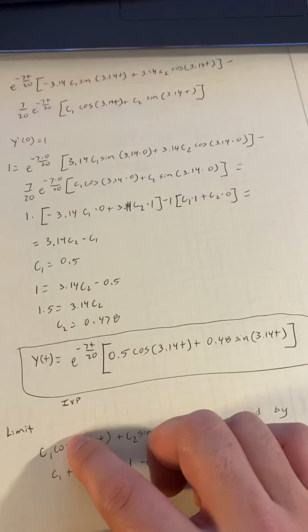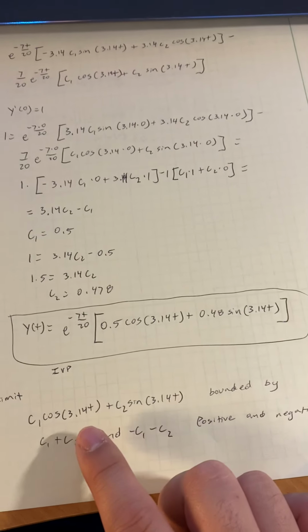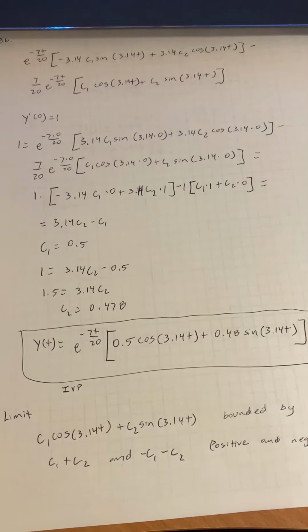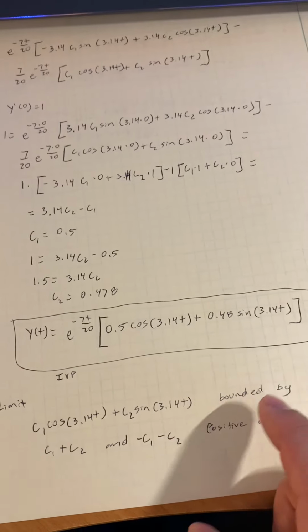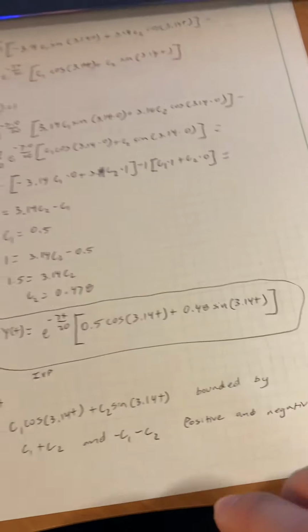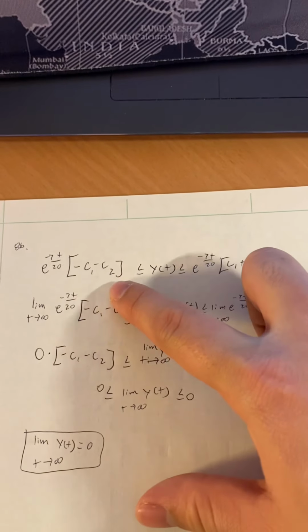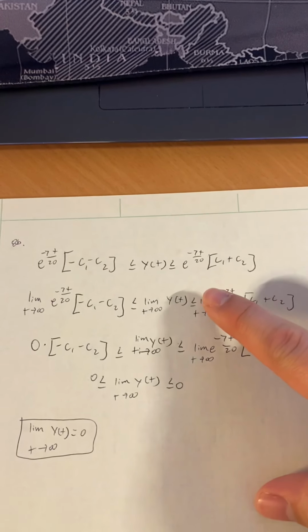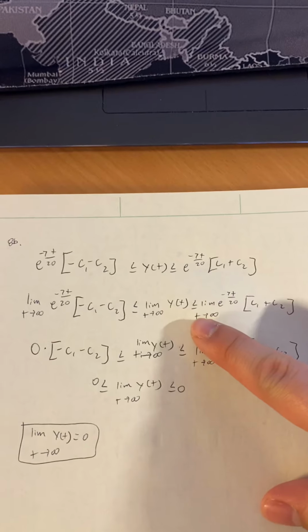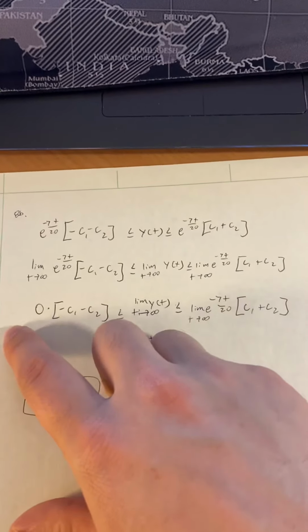Next step is to find the limit as t goes to infinity of y of t. For this step, you need to know that sine and cosine are bounded by negative 1 and positive 1. As you can see here, we have the negative bound on this side, y of t in the middle, and then the positive bound on this side. Take the limit of each side as t goes to infinity. We get 0 over here, and then